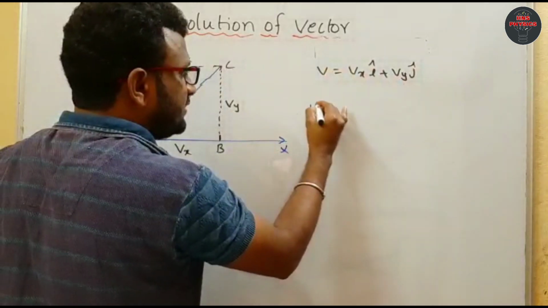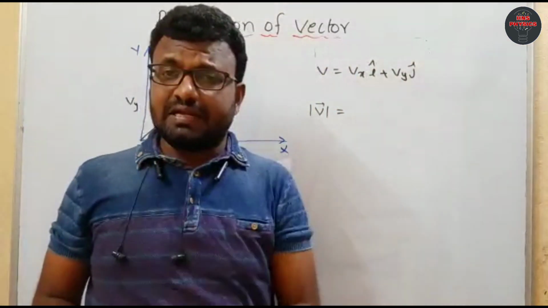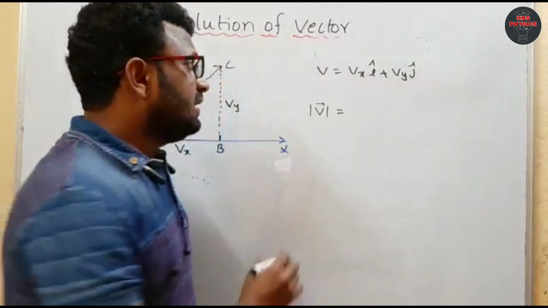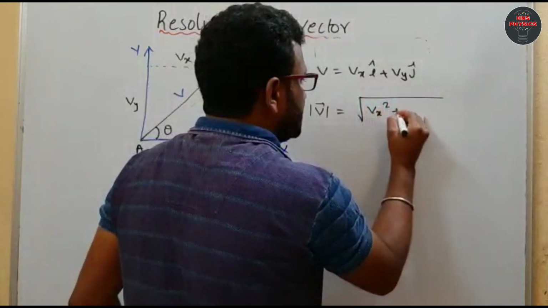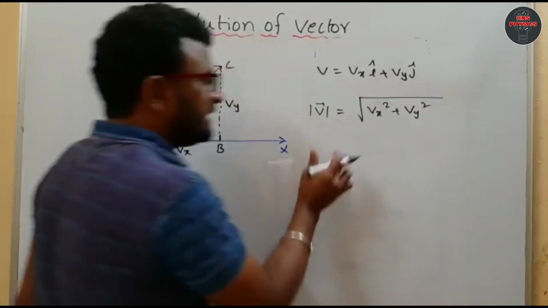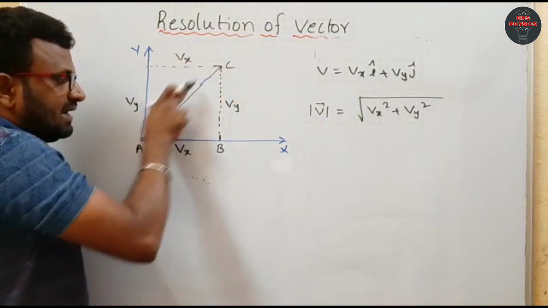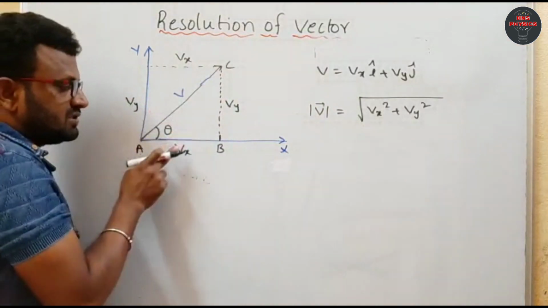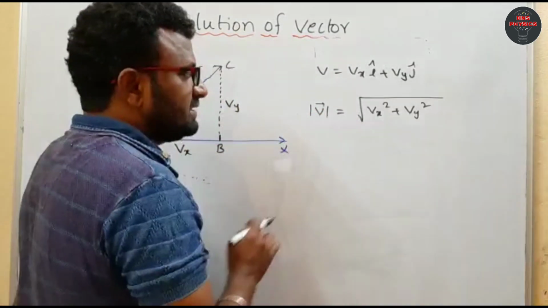How can we write the magnitude here? The magnitude of a vector is always equal to a scalar. That point is very, very important, right? So then what will come here? Root of Vx square plus Vy square. So this is nothing but the magnitude of the vector. Or you can take a right angle triangle, where hypotenuse square is equal to side square plus side square. So you will get the magnitude of the resultant vector.